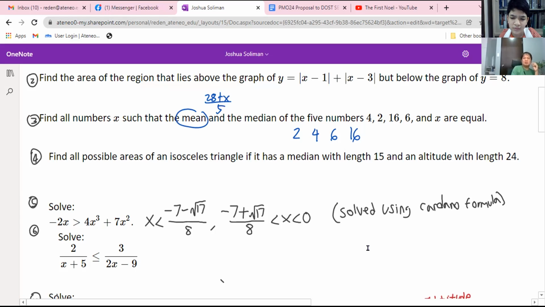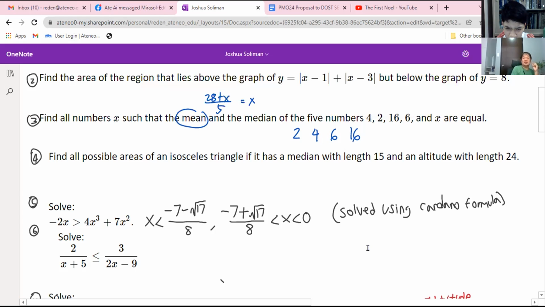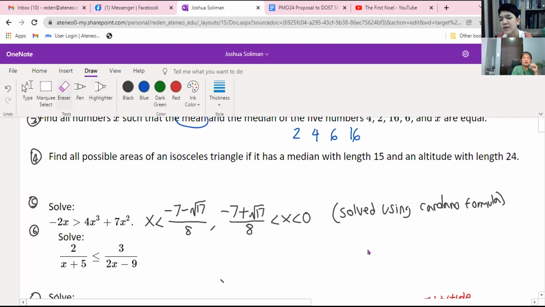Because if you put x here, then in this case, x is going to be the median. Okay, so that means 28 plus x over 5 is going to be x. But what if x is greater than 6? Then 6 will be the median po. Oh, then 6 will be the median. But okay, ganito. Sige. Suppose,